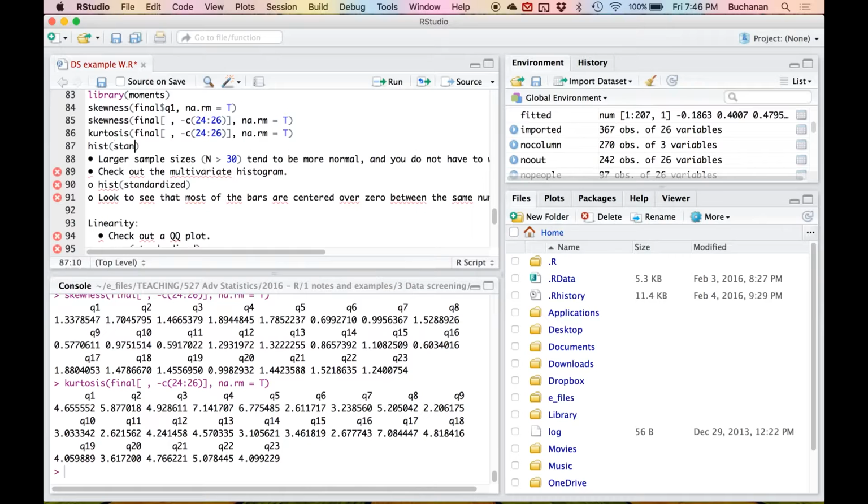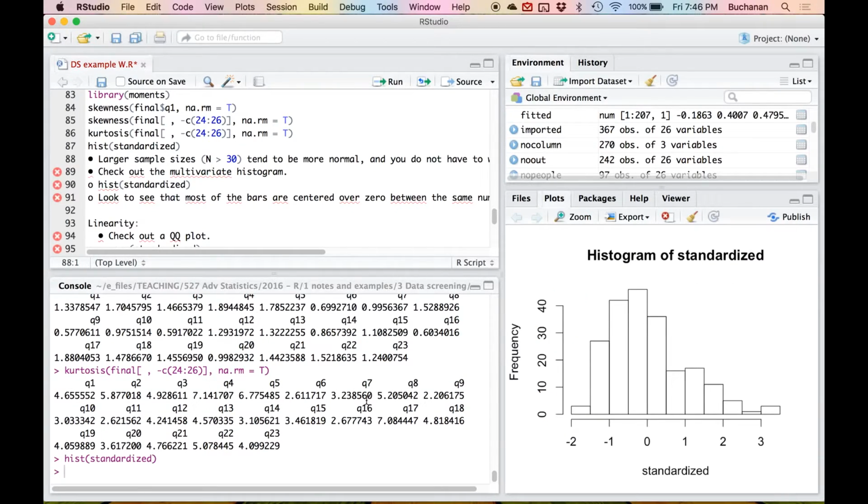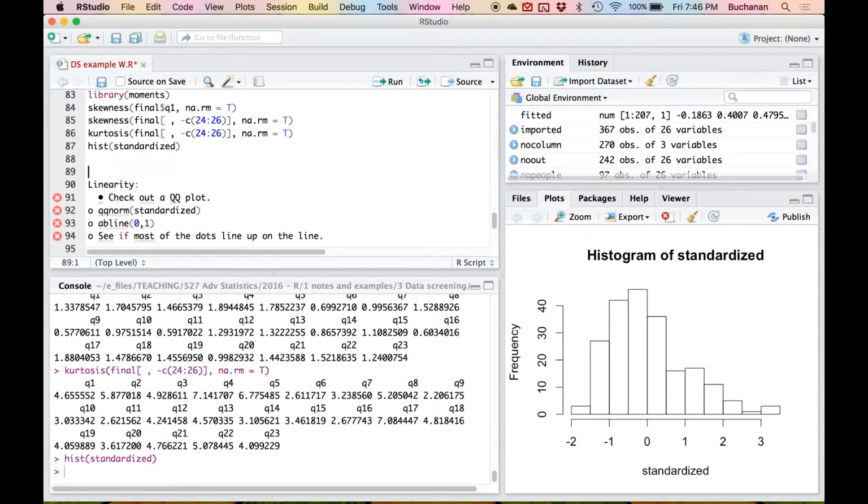The last thing I can do is look at the standardized residuals. Now this will show me all of the normality issues at once. So this is a multivariate normality test, which means I'm looking at all the combinations of variables, which is why we calculated it based on this fake regression. And what I want to do is look at this picture